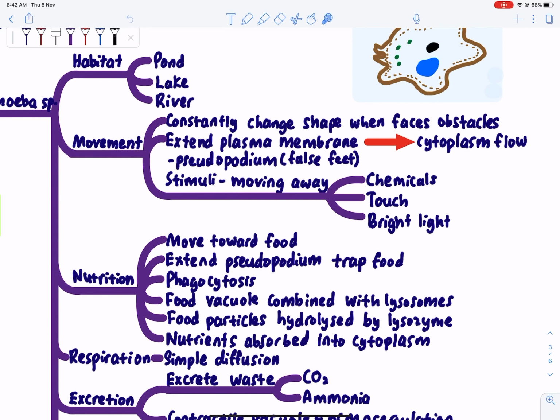When they are changing their shape, the cytoplasm inside the plasma membrane, inside the cell, will flow through to the places of the plasma membrane. Then they will move. Okay, they will move from one place to another place. If you can try to imagine, and of course I